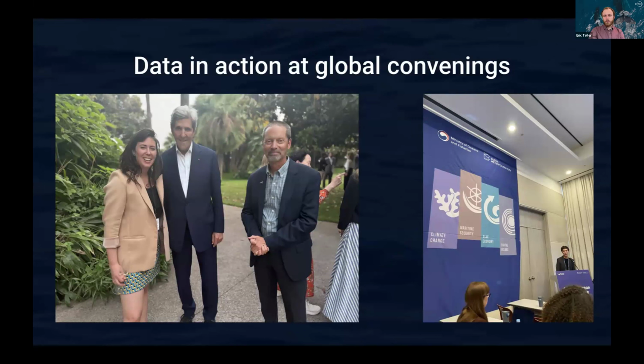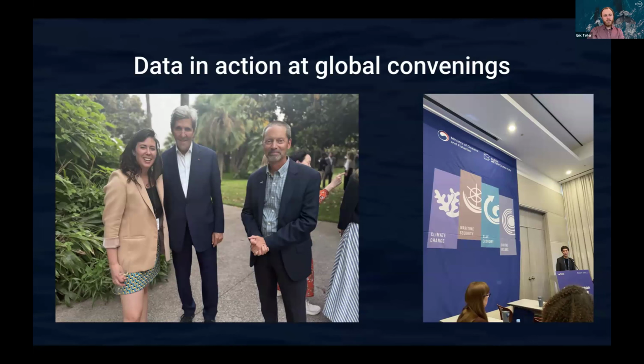And one thing that's of grave concern to these folks is that oil and gas is not really being talked about as a threat to the oceans. It's talked about in climate spaces, but at major ocean convenings where policymakers gather, oil and gas is often conspicuously absent from the conversation. And we're helping to change that by injecting this data into the discussion at major global